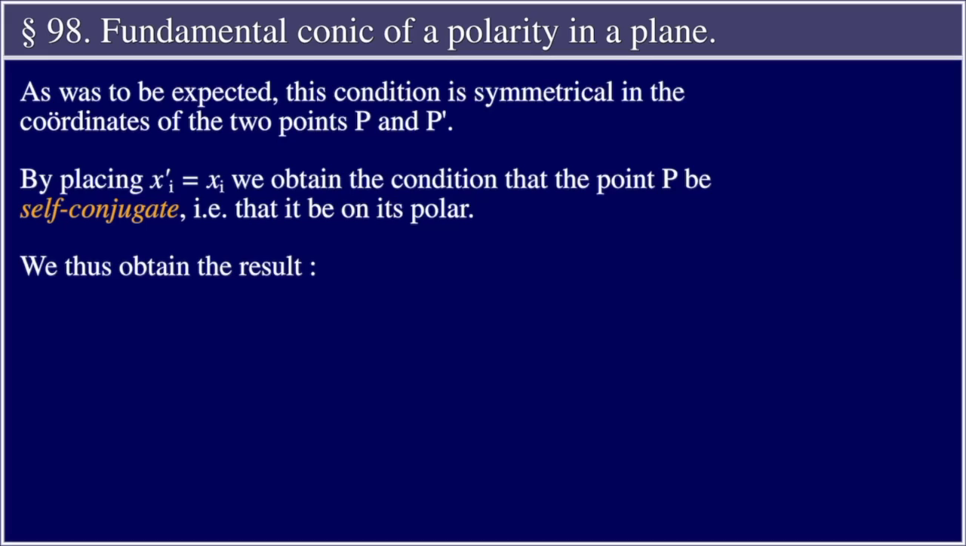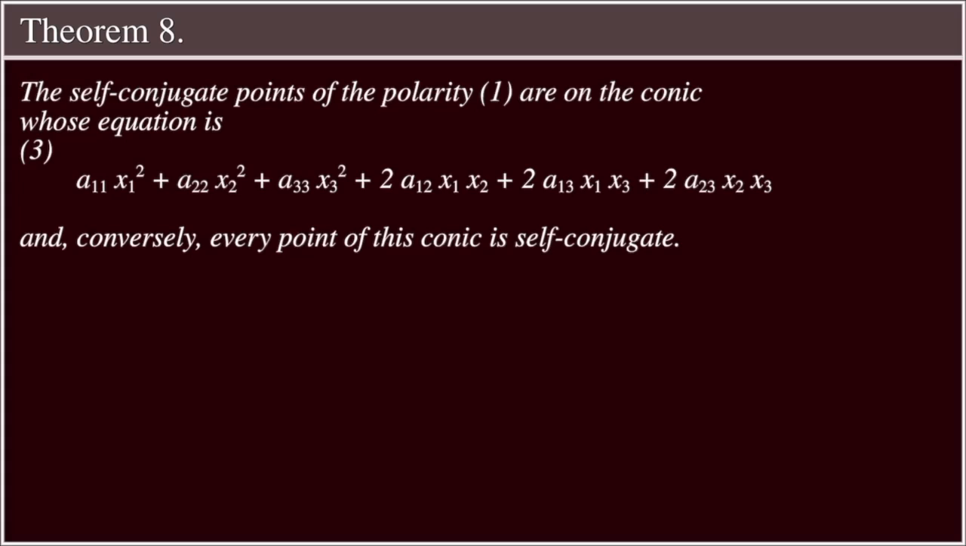By placing xi prime equal to xi, we obtain the condition that the point P be self-conjugate, i.e., that it be on its polar. We thus obtain the result. Theorem 8. The self-conjugate points of the polarity (1) are on the conic whose equation is (3):